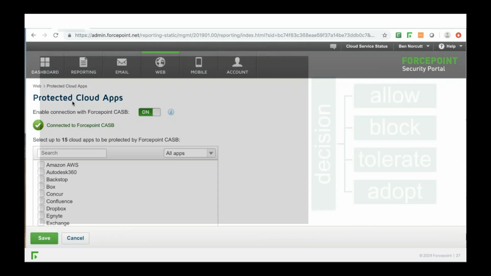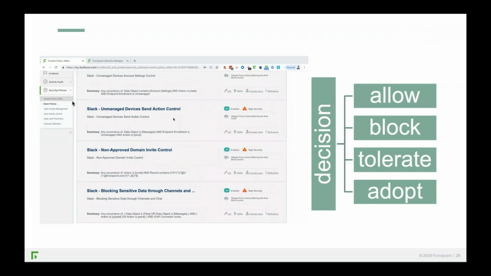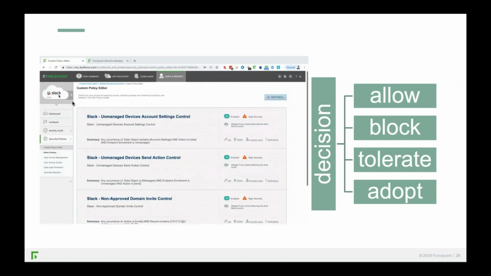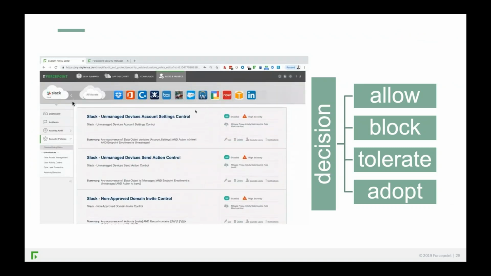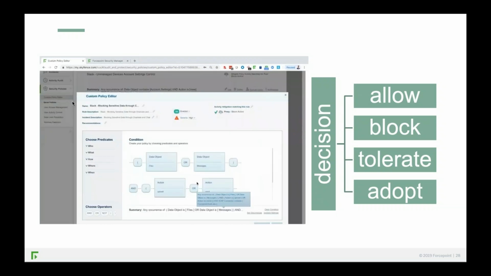This is an example here of Slack. The video should be playing. I apologize if it's a bit laggy. In this case, the user has decided they're going to use Slack. They have a legitimate business purpose for it. So we're going to create a policy that will work on forward and reverse proxy, but in this case forward proxying from a sanctioned company device to an unsanctioned Slack.